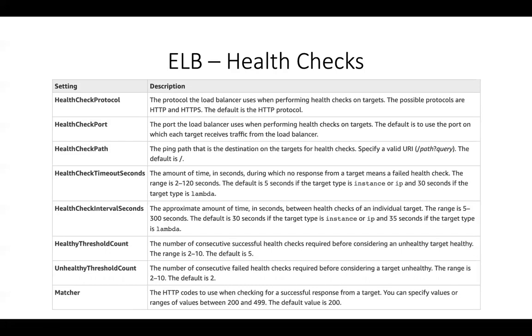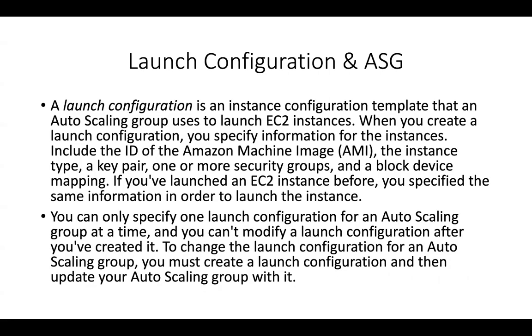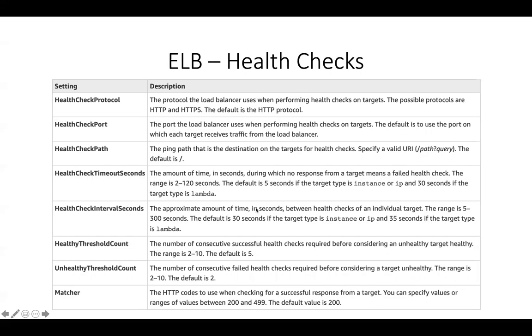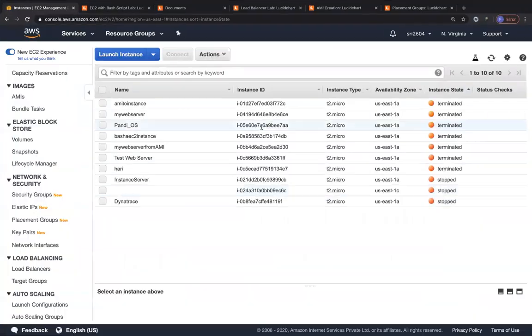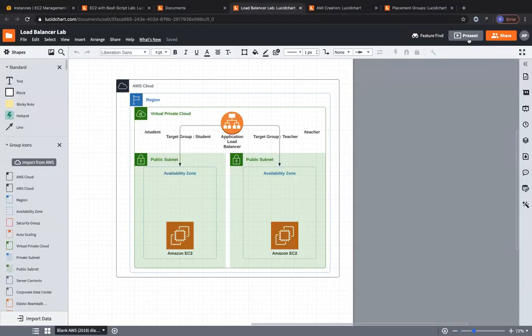Okay. So your load balancer, other than just going ahead and distributing traffic across instances and multiple availability zones, also helps you with availability zone failover. It also does health checks on those targets, right? Okay, cool. So keeping these in mind, we are going to look at the architecture diagram that we'll be implementing today.